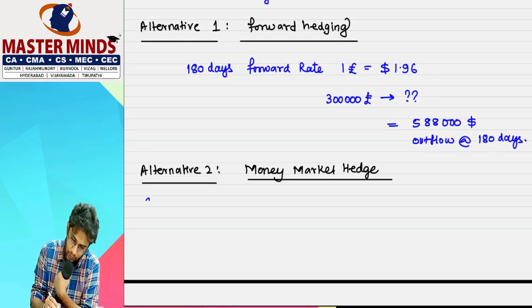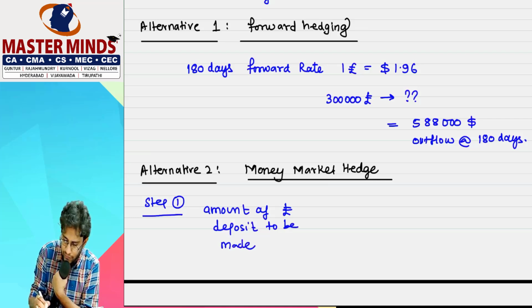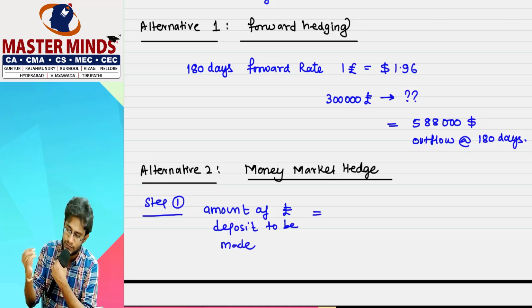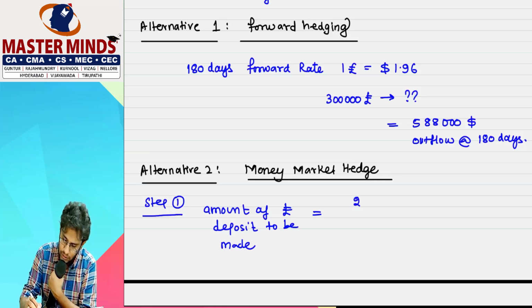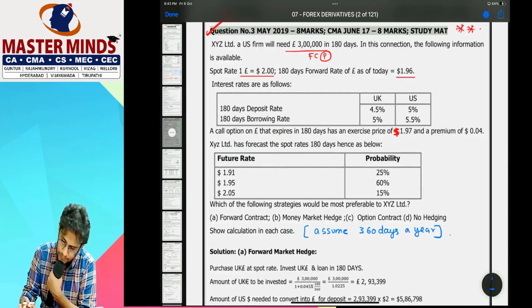So your step number 1 should be the amount of pound deposit to be made. Your goal is that the pound future value should be equal to your FC payable value, which should be 3 lakh pounds, divided by 1 plus the pound deposit interest rate